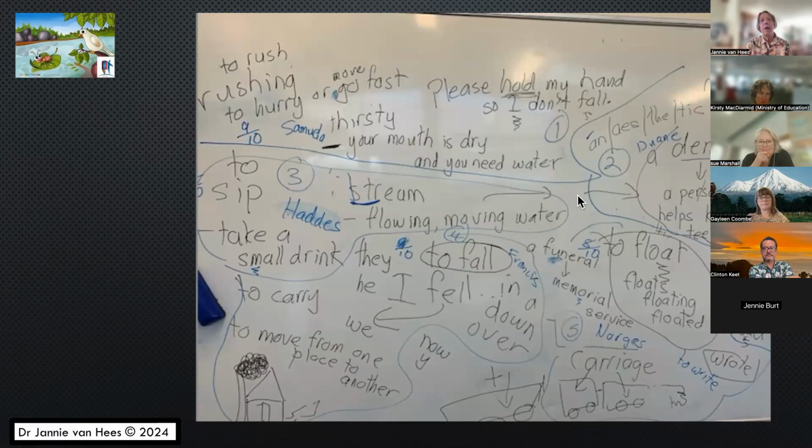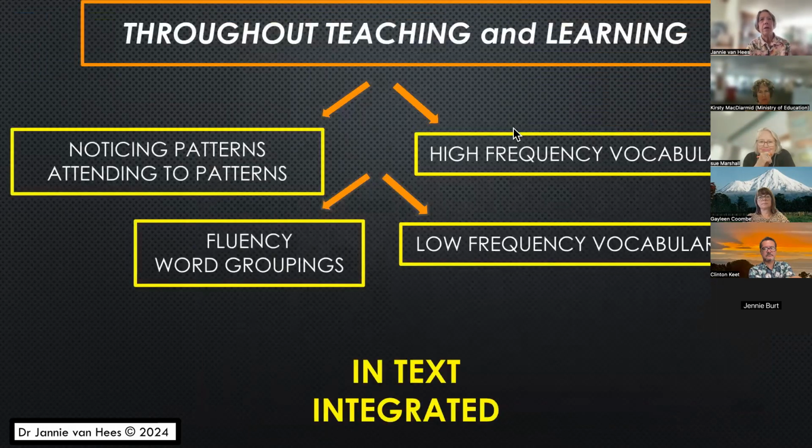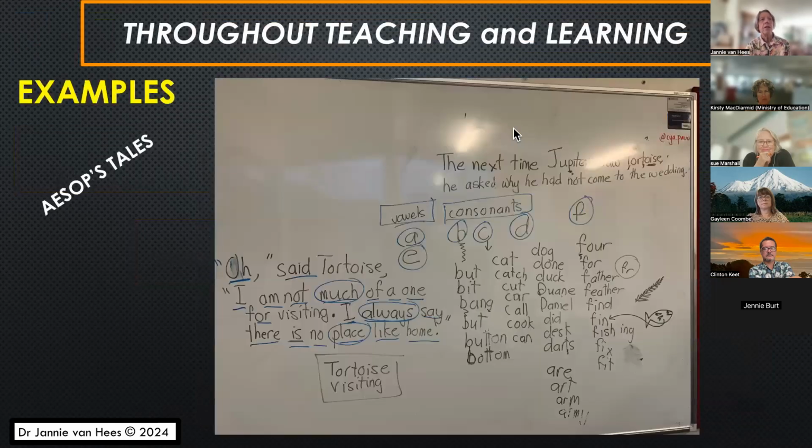So there's word family focuses, and there's meaning making, not assuming that they know what these words mean. In the next one, you will see this was a co-constructed little text from them, but we also did a little breakout to look at words. These were with very new learners of English at the secondary level, based on an Aesop's tale that we were reading.